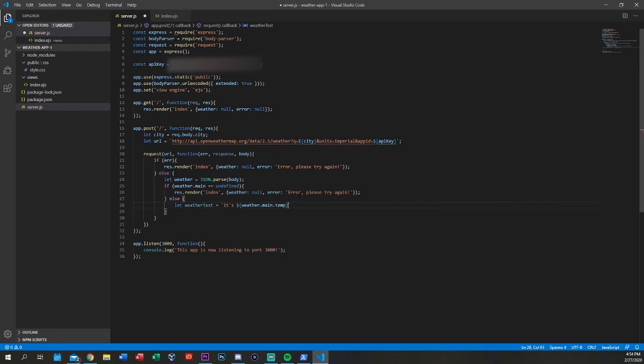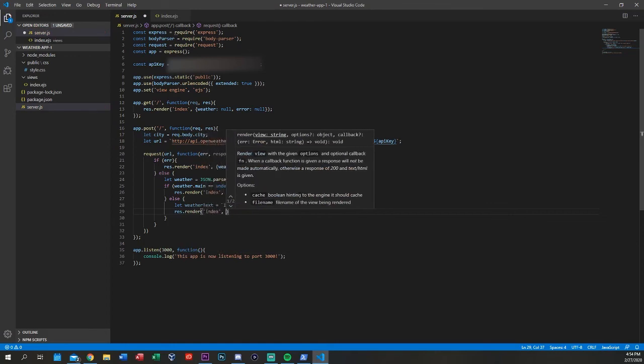Main.temp degrees in $curly their dot name. Now we're going to go res.render